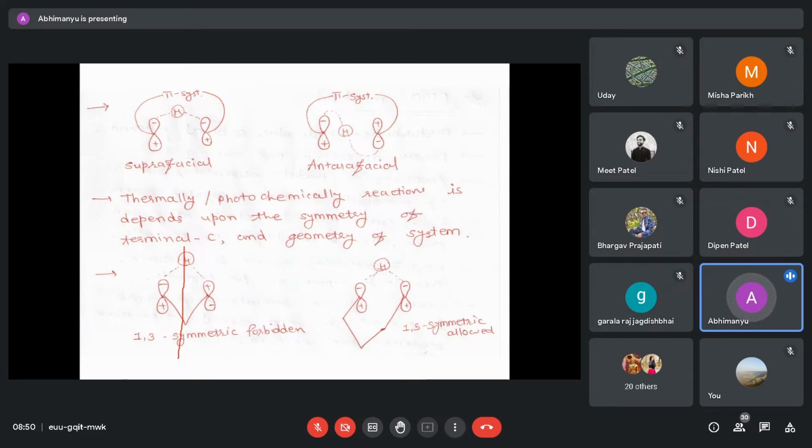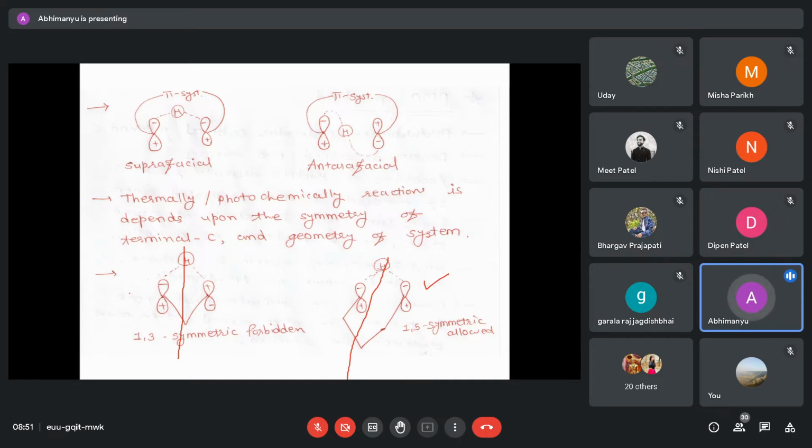But what about the 1,5? Symmetry is present. In other words, we can say that the shifting of hydrogen from one end to another end, same side shifting, is possible, or suprafacial shifting is possible. So 1,3 is